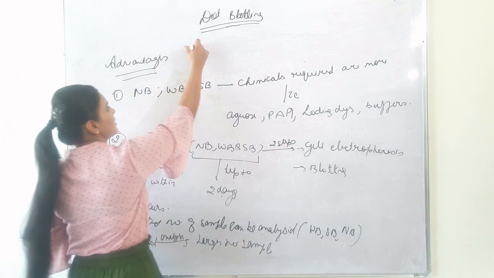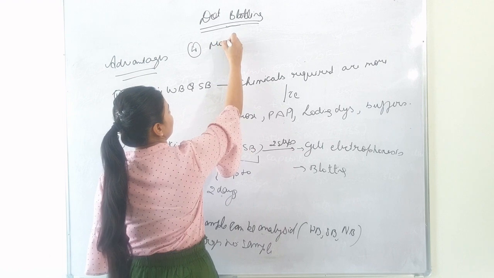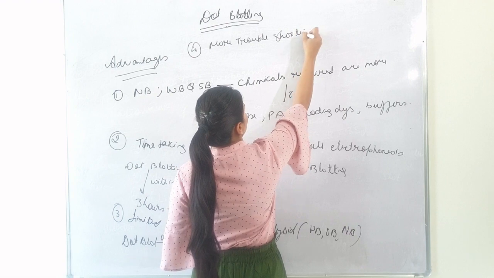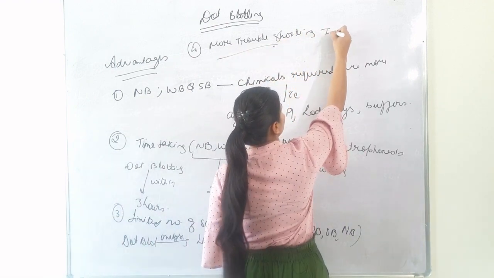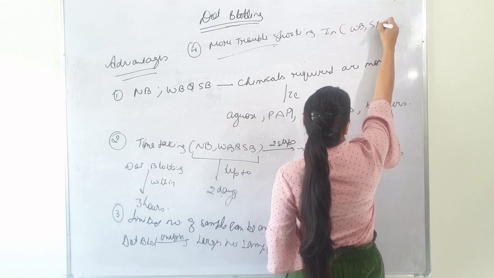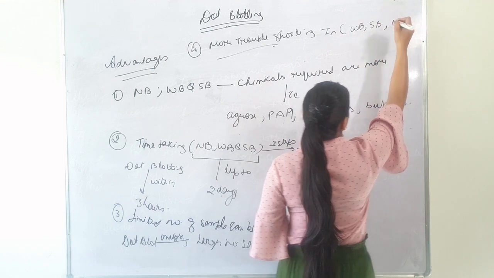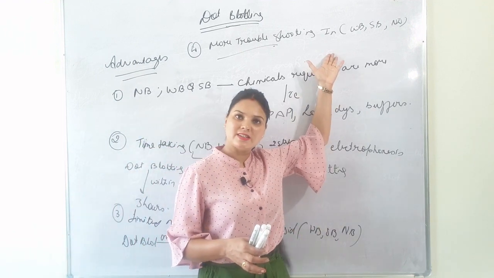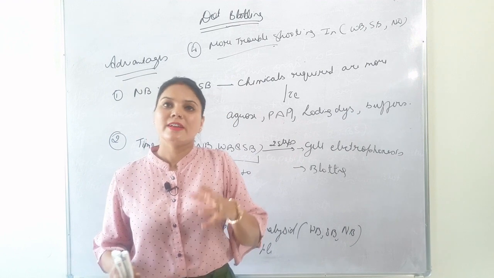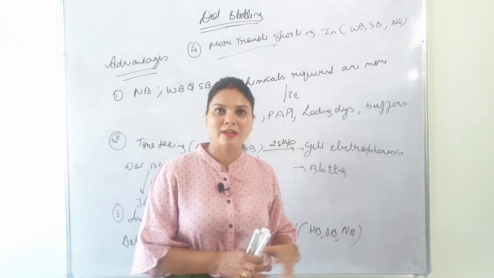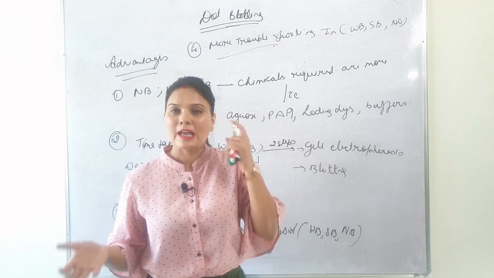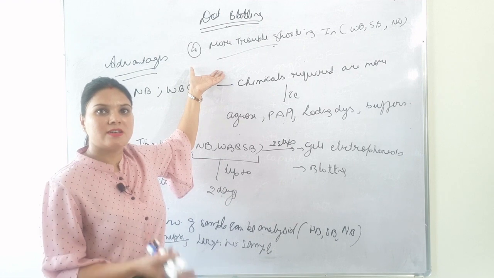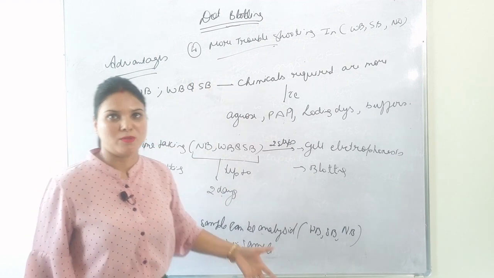Last is more troubleshooting. In western blot, southern blot and northern blot, due to the large number of steps to investigate in these three techniques as compared to dot blot, there are more chances for something to go wrong. Hence, there is a need for more troubleshooting in these three blotting techniques in comparison to dot blot.